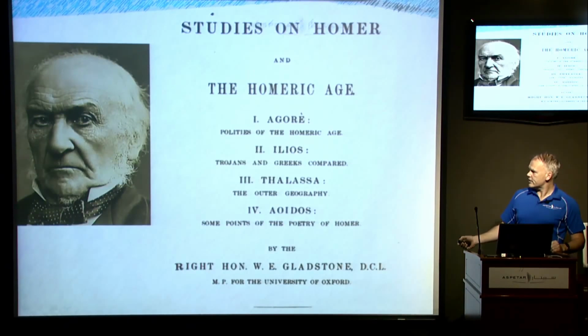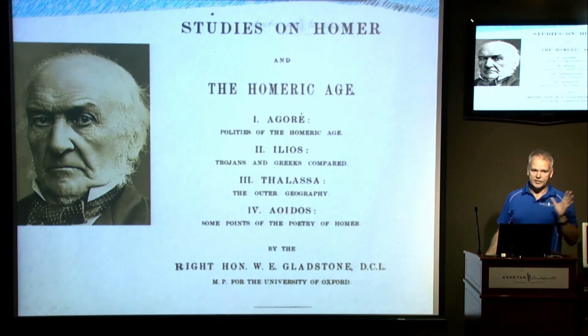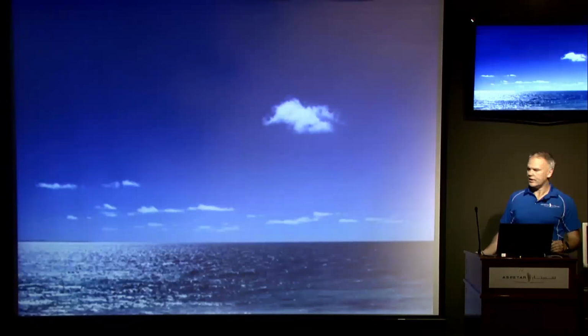And the guy who was the first researcher in this was also 4-time British Prime Minister Gladstone, who was at the time MP for the University of Oxford. And one of the things he did was just go through and count the number of times the different colours were mentioned during Homer's classics. And it turned out the colour blue was never mentioned. Well, how can that be? The entire Odyssey is set here.